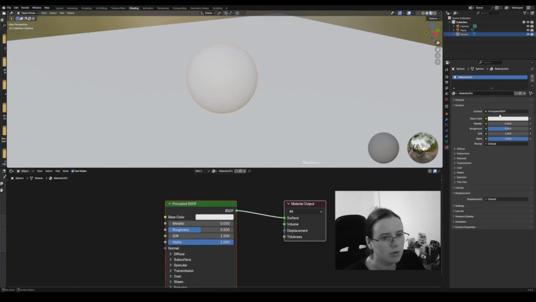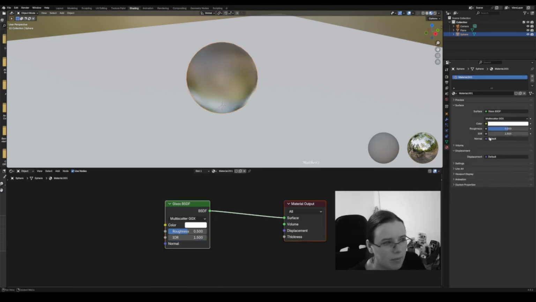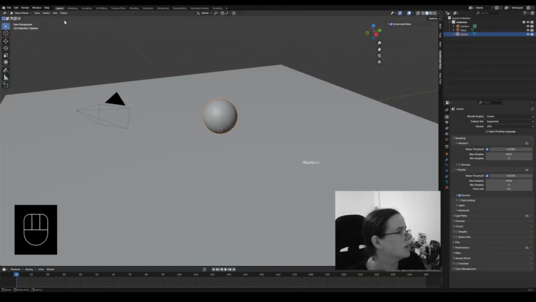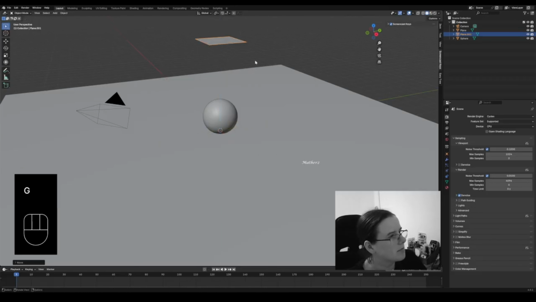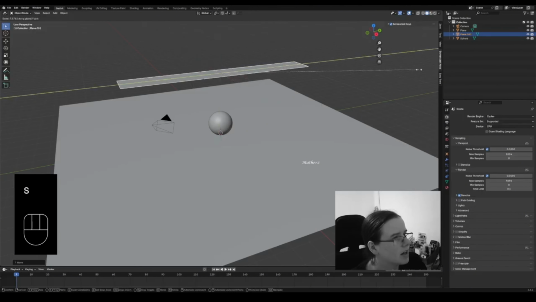We're going to click new, and we're going to change this Principled BSDF out to a Glass BSDF. So now we have the glass. I'm just going to put this on a render so you guys can see what's going on. We don't have a light in the scene currently, so let's go back to layout. And let's go add, and I'm going to do plane. Press G to bring it up, and then we're going to go S for scale,